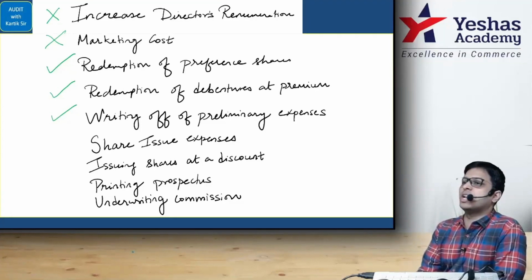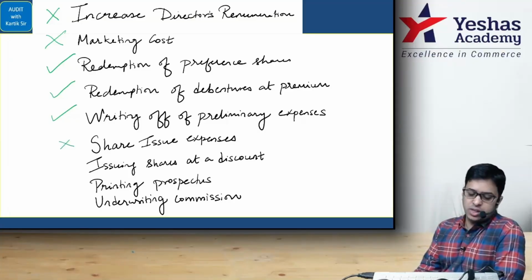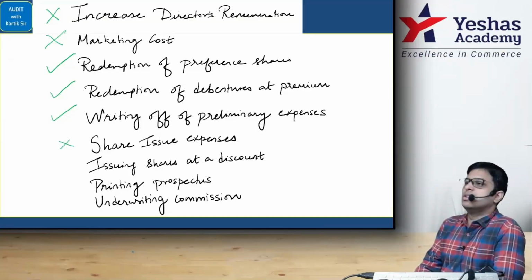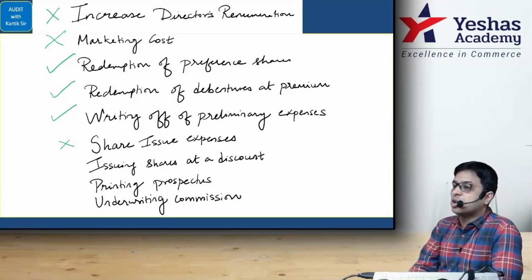You will take the majority. How many will tell yes? Raise your hands. Can be used. Okay. How many will tell no? Raise your hands. There's more. Issuing shares at a discount. Can I issue the share at a discount and set it off with the securities premium account? The answer is yes or no.